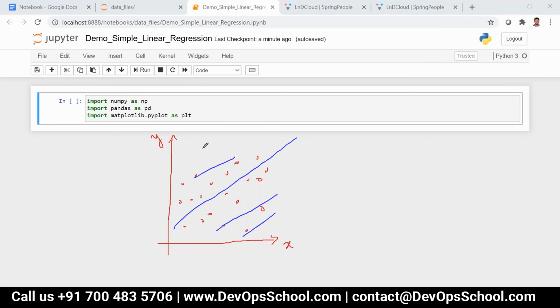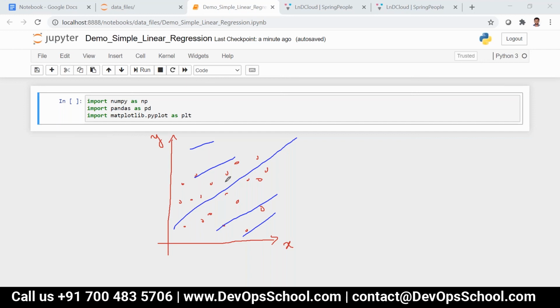In this, the best fit line will be considered as the third line. Why? Because it meets most of the data points, that is, the distance between the actual values and the predicted values is less.